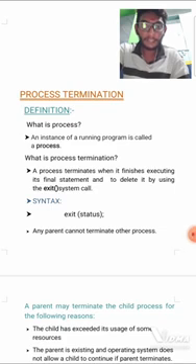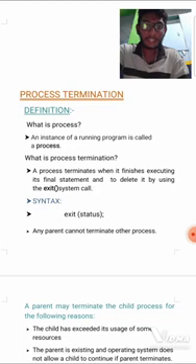Anantapur. Now I am going to discuss one important topic in Linux, that is process termination. Before discussing process termination, first we have to know what a process is. A process is nothing but an instance of a running program. That means every time you run a shell command, the program runs. So when the entire procedure is done, the process is created.